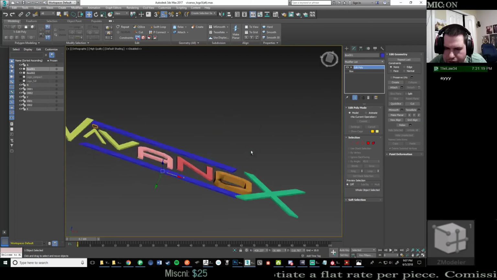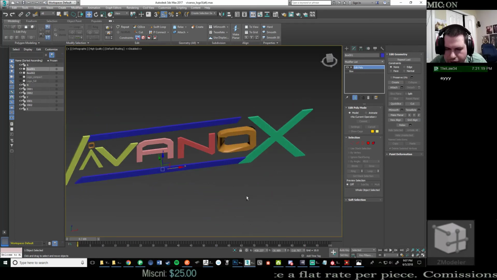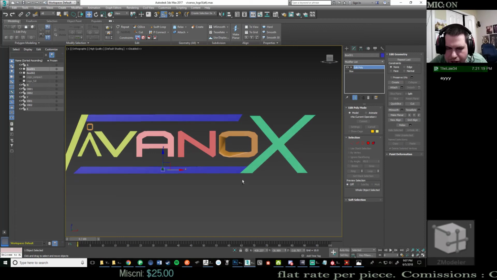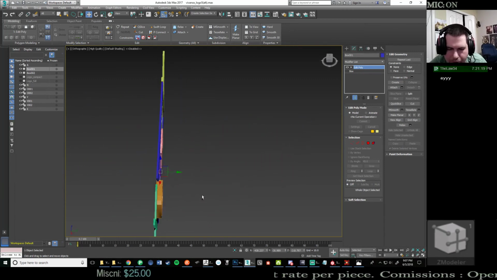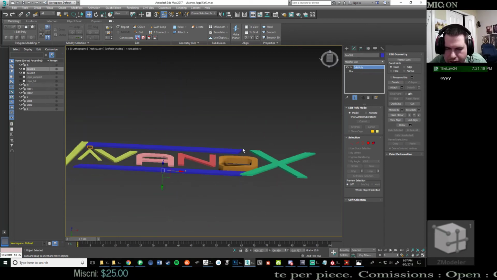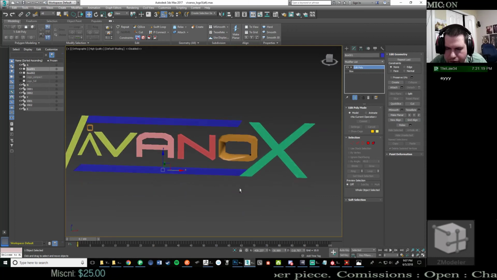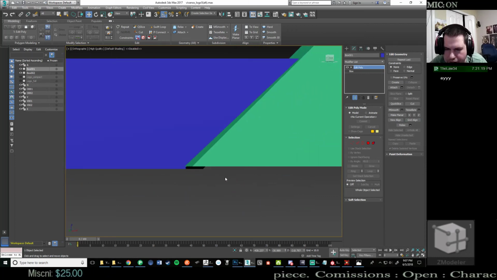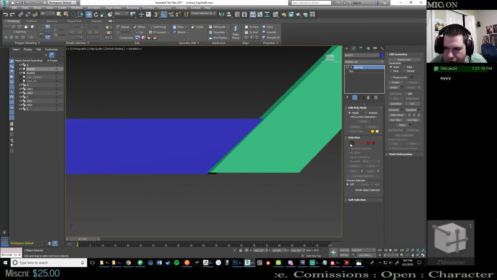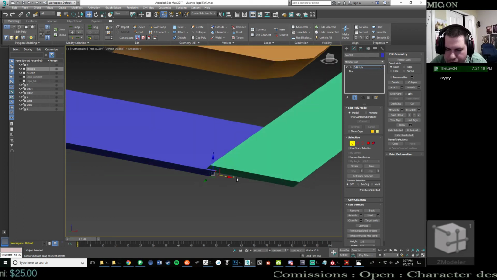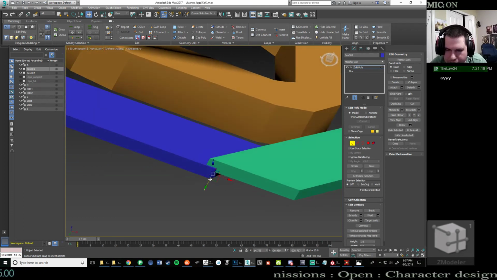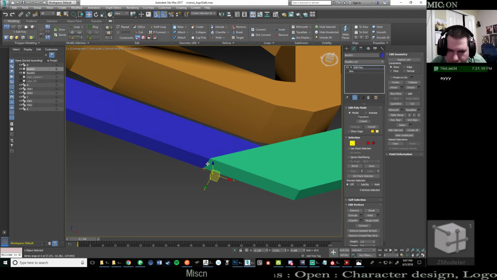See, that's a little thinner than the other one. I think something snapped in a weird way, so I might have to fix that. I tried to snap this on the bottom here. It snapped the right way, so we'll just fix that now.